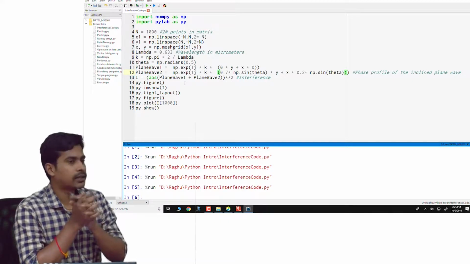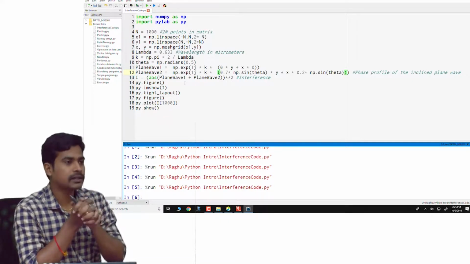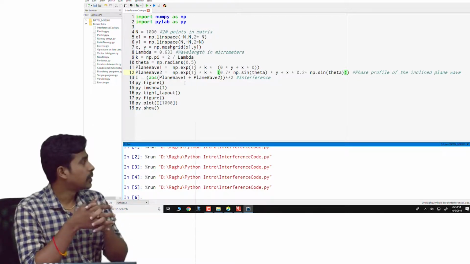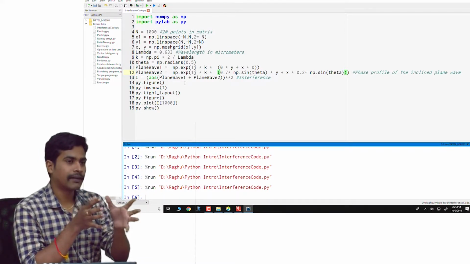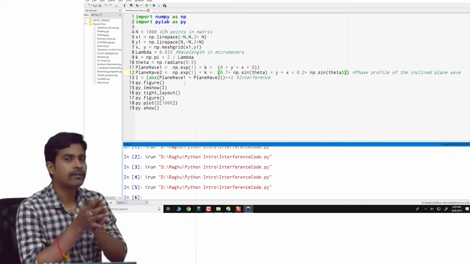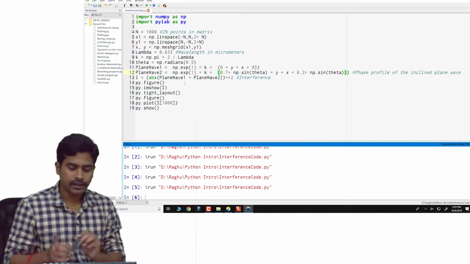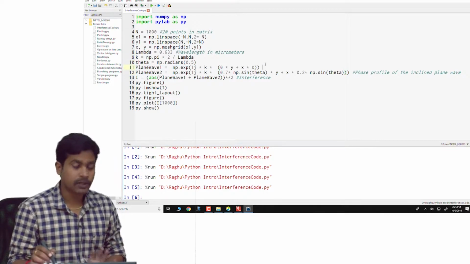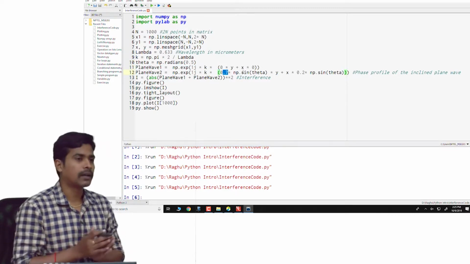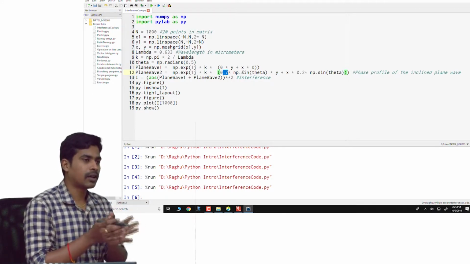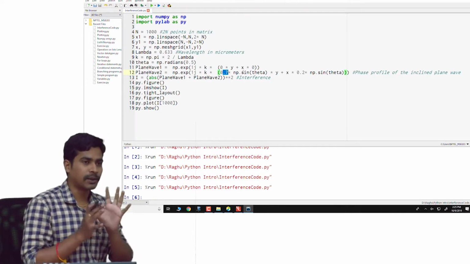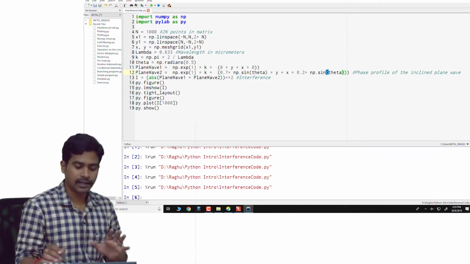I hope you all understood simulating interference. If you have any doubts, you can ask me, or you can start simulating the interference between a spherical wave and a plane wave, and between a spherical or cylindrical wave and a plane wave. It is just the same procedure. You have a plane wave which is constant, and the second wave you just have to model using some mathematical expression that describes either a cylindrical or a spherical or helical wave, whatever. You just have to represent it mathematically, and then this equation is the same.